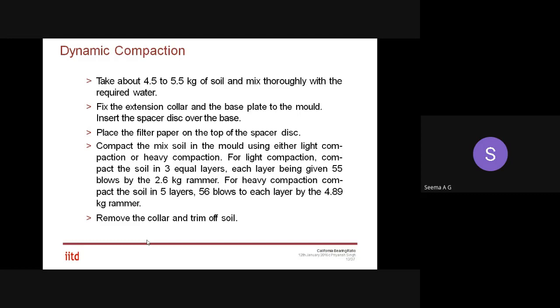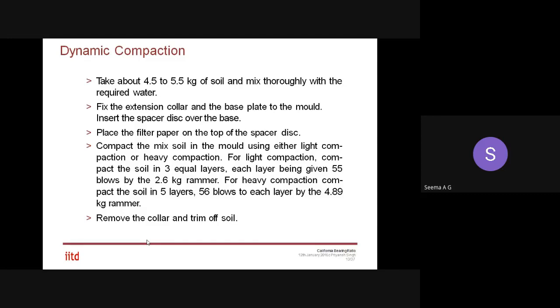So now the soil sample will be placed in the mold, with both top and bottom portions open. Above and below the soil sample will be the filter paper. Base plate is detached, spacer disc is removed, and the soil sample is prepared with filter paper on the top and bottom. Now this entire assembly can be kept in a bucket of water or in a large tank for 4 days. Usually 4 days of soaking is given.